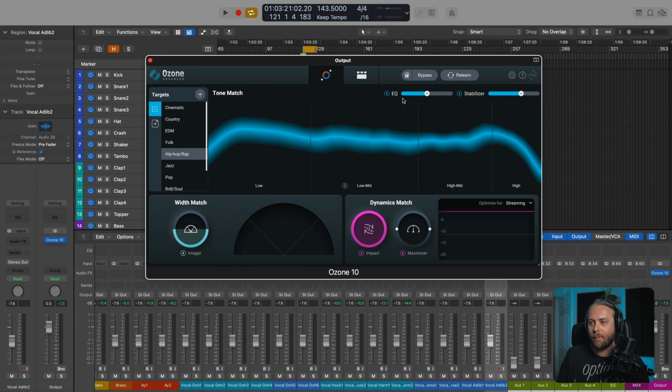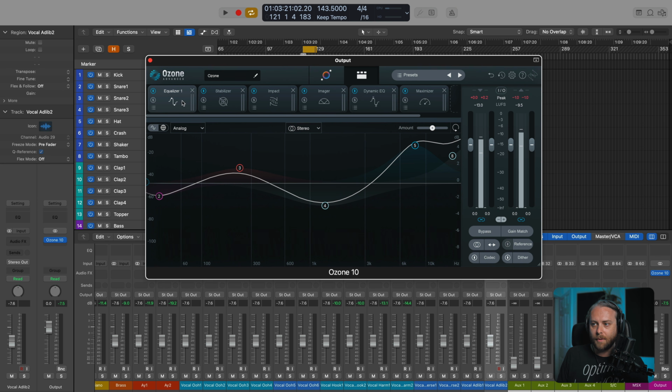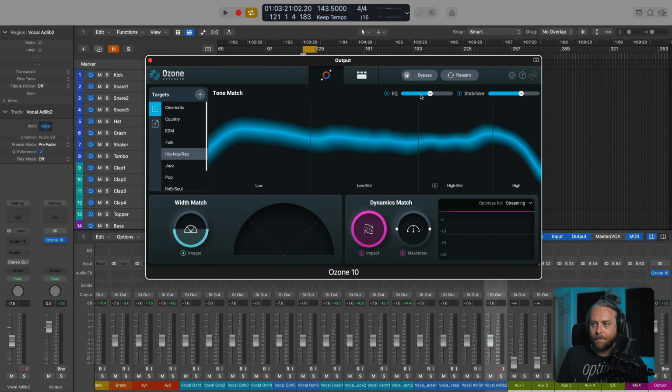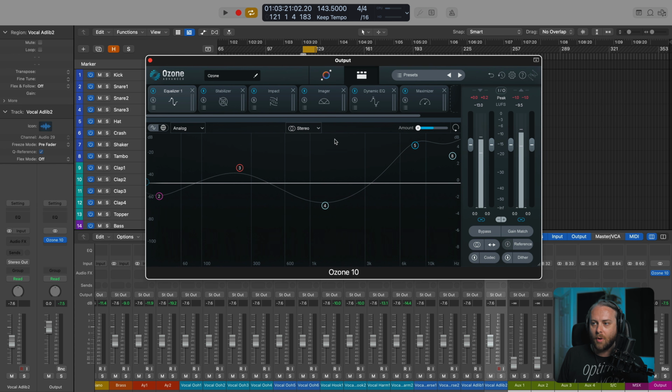Well, EQ represents the EQ module in Ozone. So if I bring this all the way to 100% and scale it all the way there, I'll click back on the detailed view and go to the equalizer. And now we have the amount over here at 100%, right? If I bring this down, I'm scaling it like a wet dry to 0.